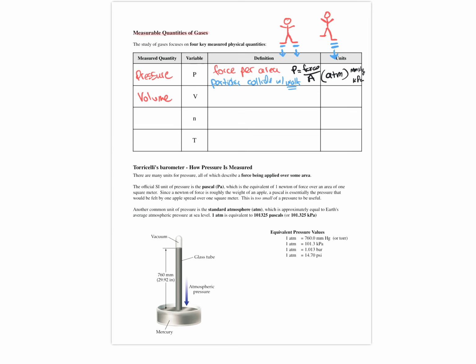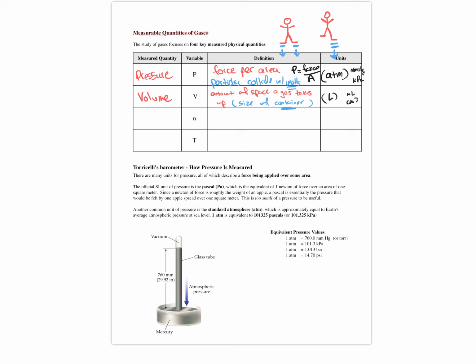The next quantity we're going to focus on is volume, and volume is the amount of three-dimensional space that a substance occupies. Now, when we talk about solids and liquids, they only occupy as much space as the molecules need because all the molecules are touching each other and they're condensed down. But this is not true of a gas. Gases expand to fill the volume of their container. So when talking about the volume of a gas, it'll be equal to the volume of the container that will hold that gas. Now, the units are the same as our other units throughout the year. We're going to predominantly use liters, but we could use milliliters or centimeters cubed.